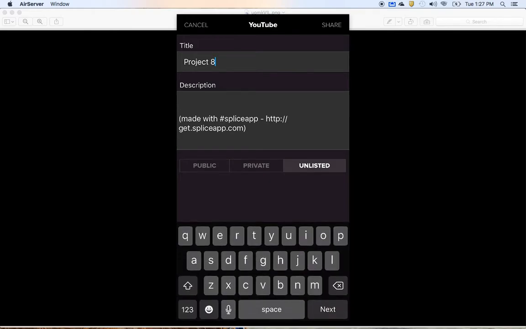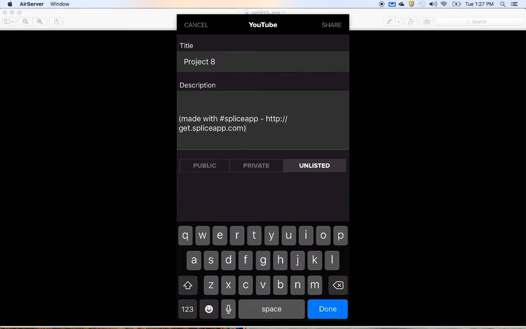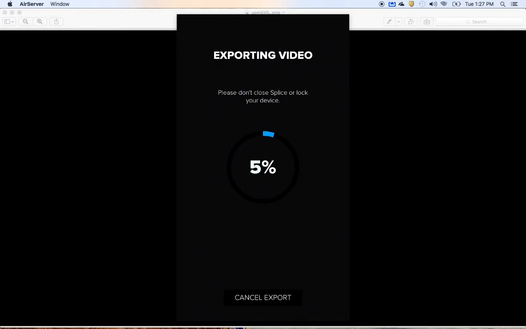So you can give it a title up there, so mine's called Project 8, which is kind of cool. I'm just going to leave it at that. Project 8, and then description, etc., like that, and then you just click on next, and then you just go share, and then it'll ask you to do the export, and then it'll ask you to log into YouTube and all that sort of stuff, and then it will be there, and then you just need to email me the link. Okay,